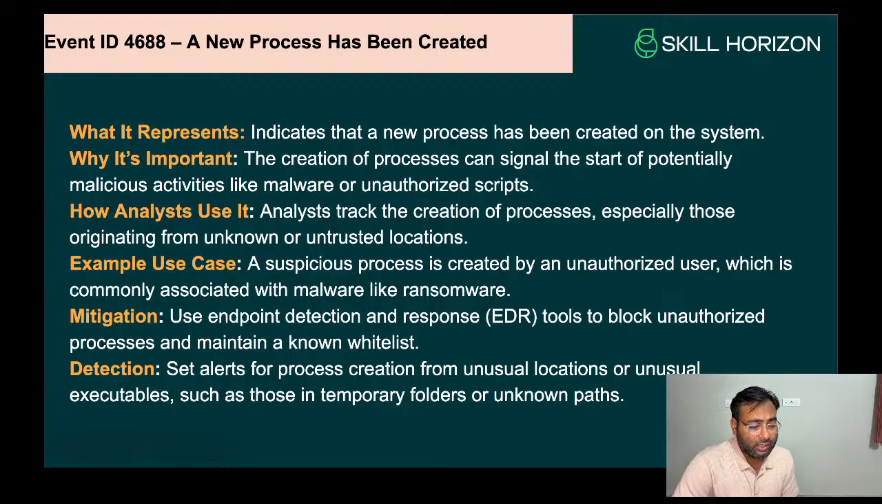So it basically represents a new process that has been created on the system. It is important for spotting the start of potentially malicious activities like malware or unauthorized scripts. So analysts use that event ID for tracking the creation of processes, especially those originating from unknown or untrusted locations. The example use case is, suppose a suspicious process is created by unauthorized users, which is commonly associated with malware like ransomware. So if an unauthorized user